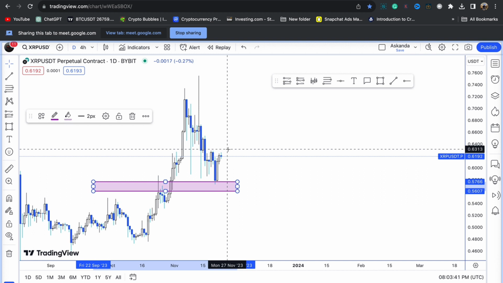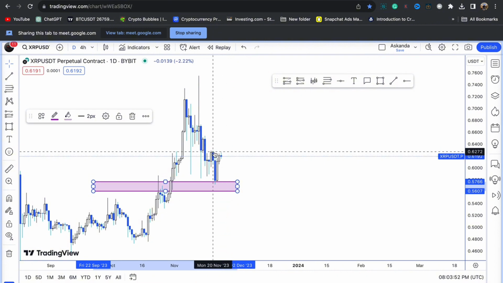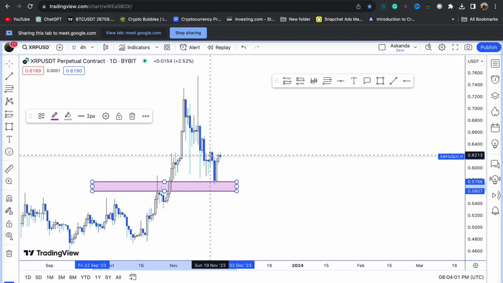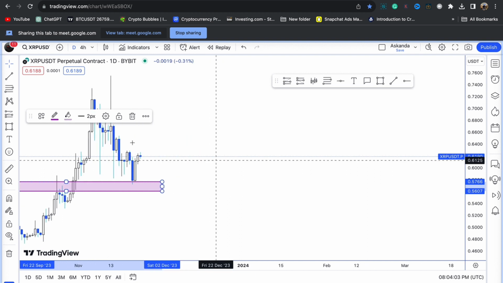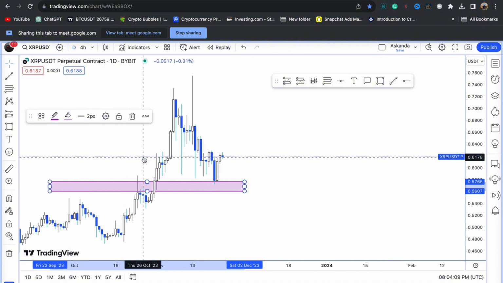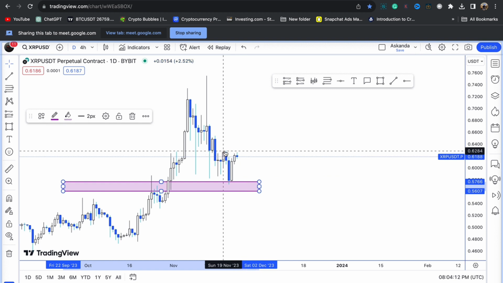0.6313. So if you are going to trade, I'll advise you wait for XRP to hit 0.6313. The reason you should wait is that this place is a resistance, it's a wall protecting it at the top side. If it's able to break it, you could see when the price came to this level, it started moving down again. So if you are going to trade XRP, you need to wait for XRP to break that resistance zone. That's about